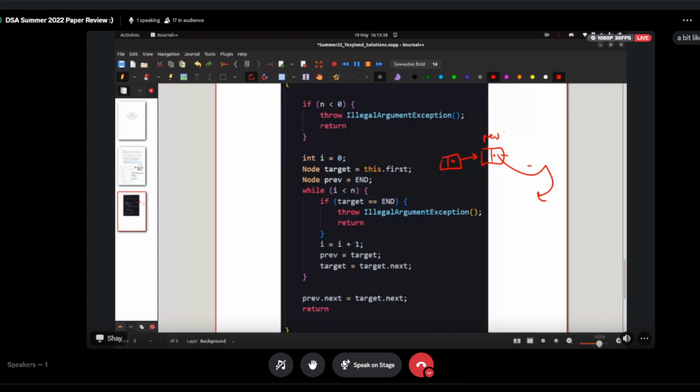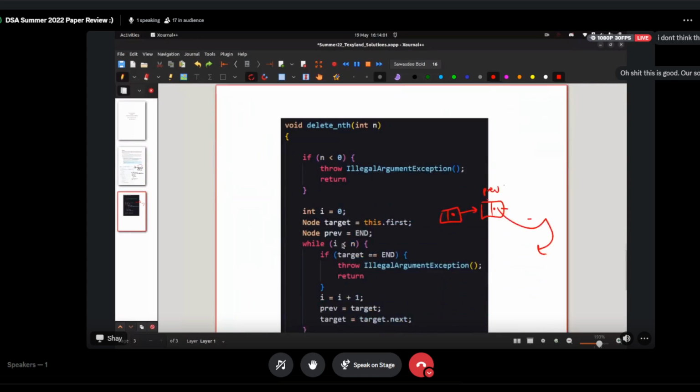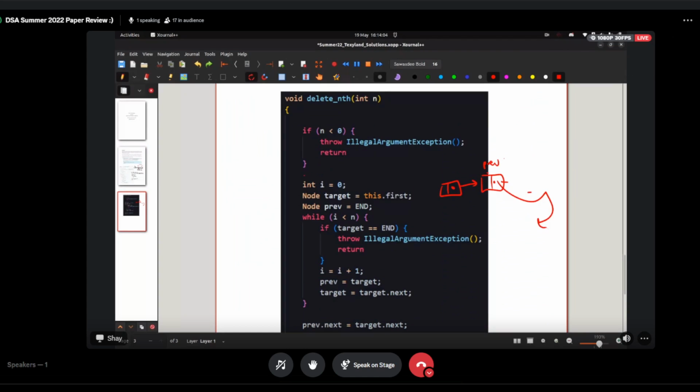But one issue I found with my solution is if i is equal to 0, or if n is equal to 0, prev.next is going to throw an error because we set prev to end initially. So I think one thing we should do is, do we assume that? I mean, I think given a pointer to a node n tells us that some node exists. But maybe just in case an initial node doesn't exist, you could have something like if n is equal to 0, return. Or just return n.next. Or